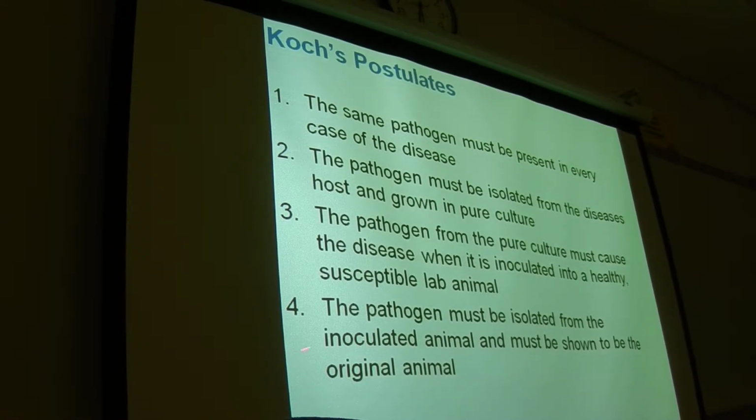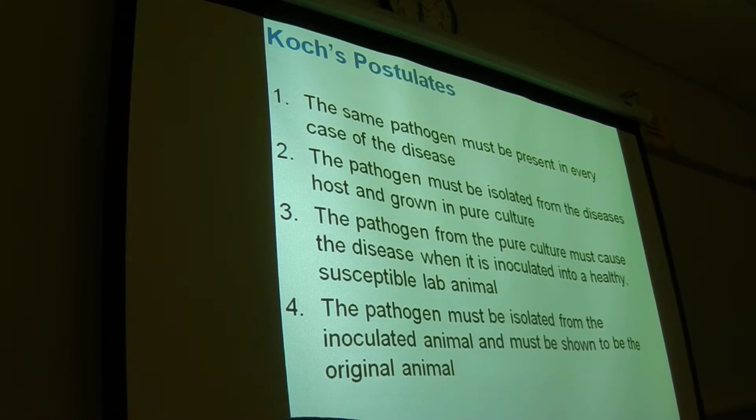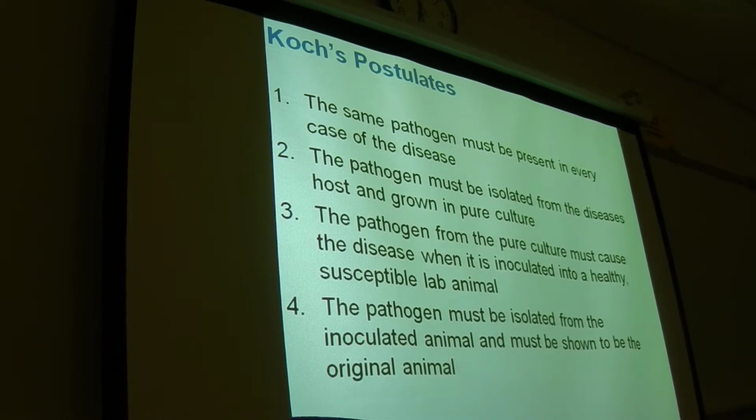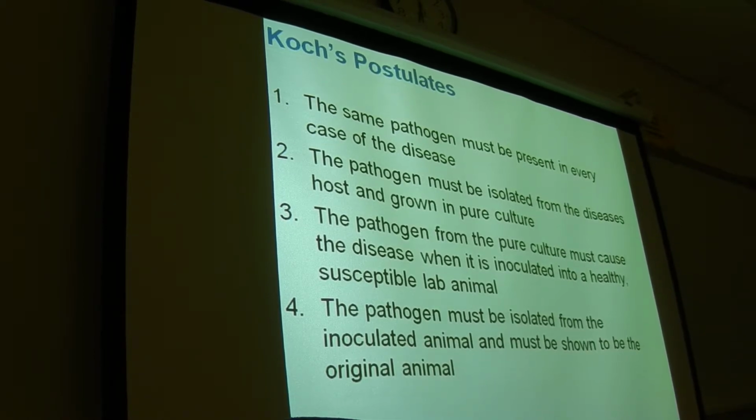And then you basically do that again. After those animals get that disease, you take some of their blood, you isolate the bacteria from them, and it has to show that the bacteria that actually caused the infection in those animals is the same exact bacteria that caused the infection in the original humans. Okay? Now, if all four of these things are true, in most cases, you can say with 100% confidence you figured out what bacteria or virus has caused this specific disease. If any of these are false, you're maybe close, but you're not completely right.